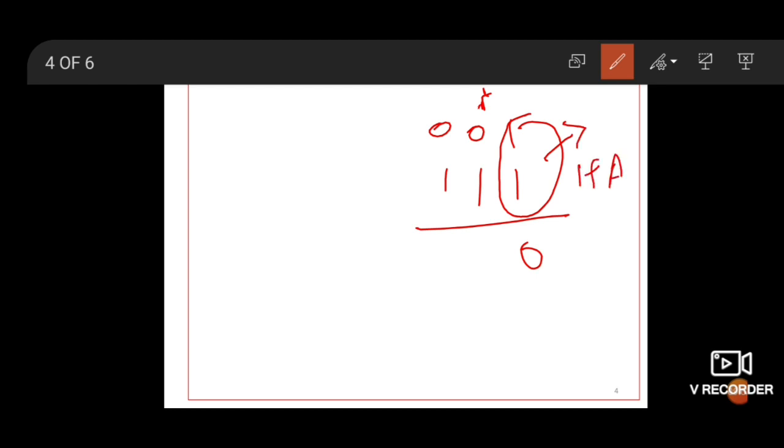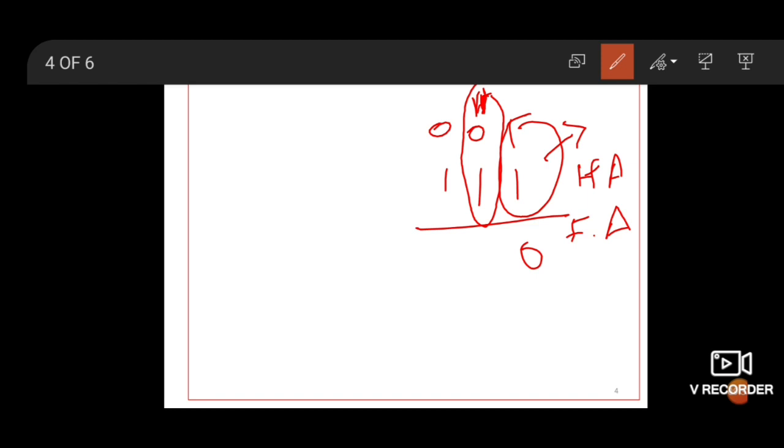But what about this next column? Here 1 0 plus 1, 1 plus 0 is 1, but here 3 inputs are present. Then in this column a half adder is not used. Then this problem is solved using a full adder, because